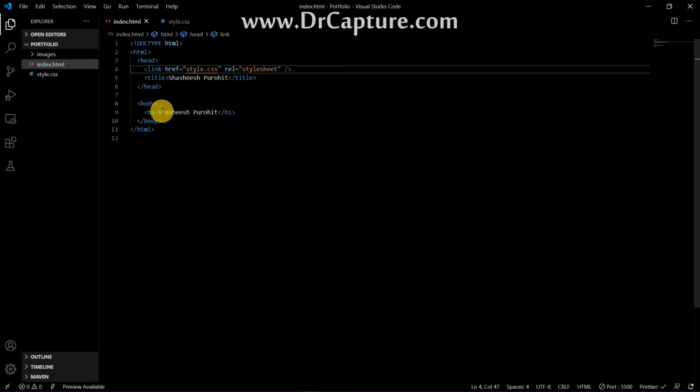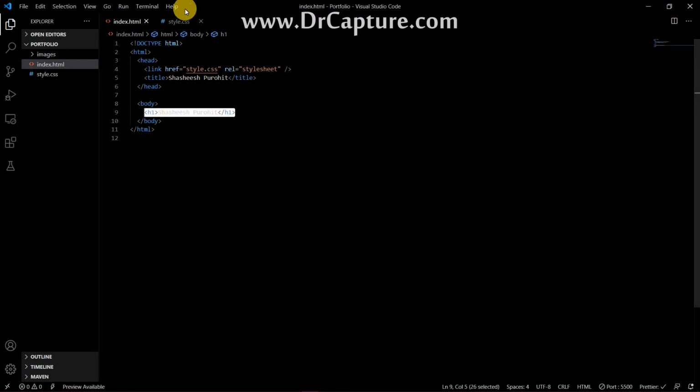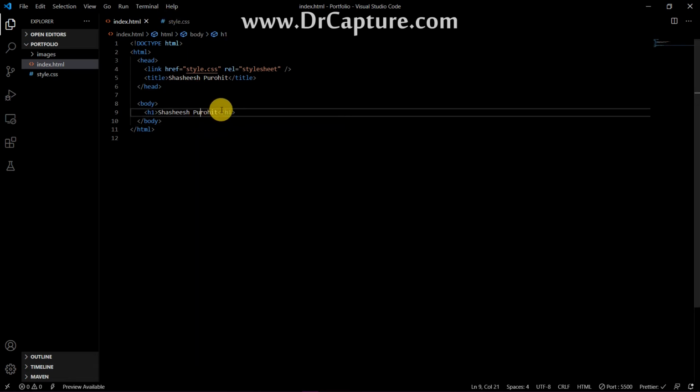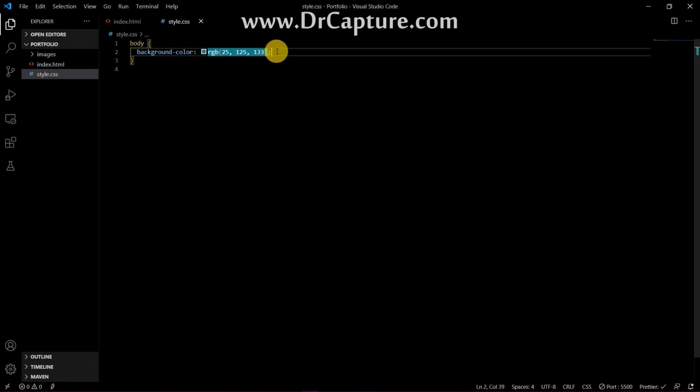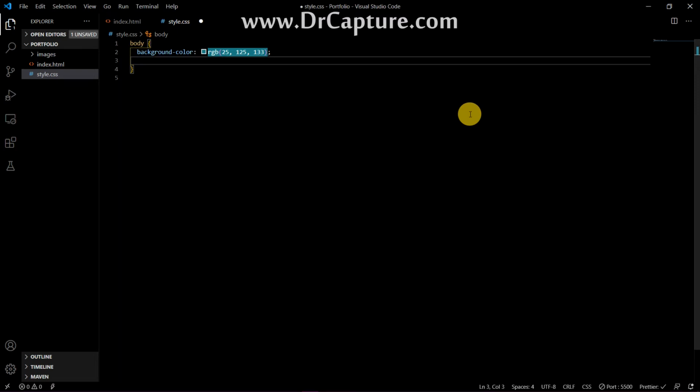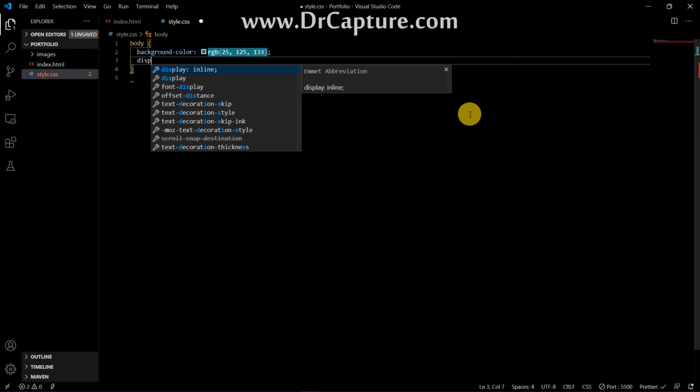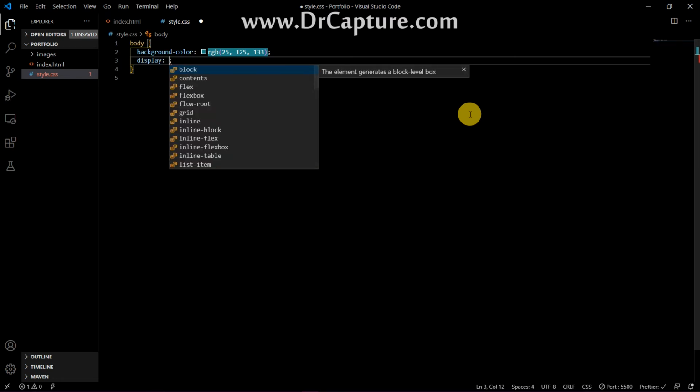Now I want to center this. So before centering it, what I would do is there's a property called Flexbox in CSS, which is being used a lot nowadays. It has made the work very easy. So you just have to write display flex,